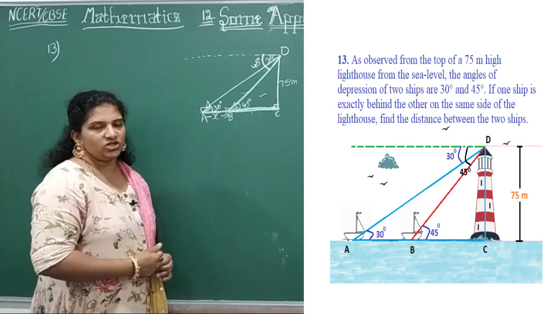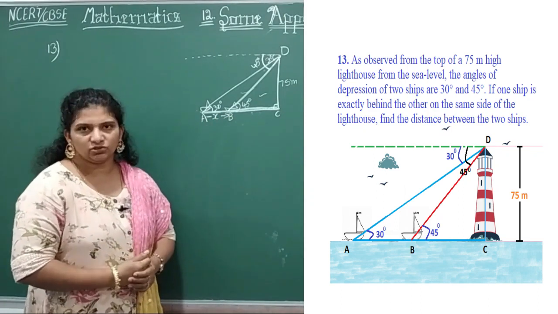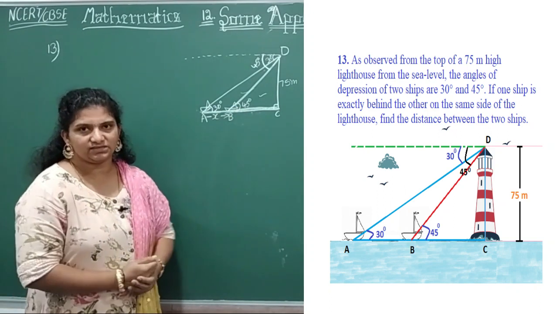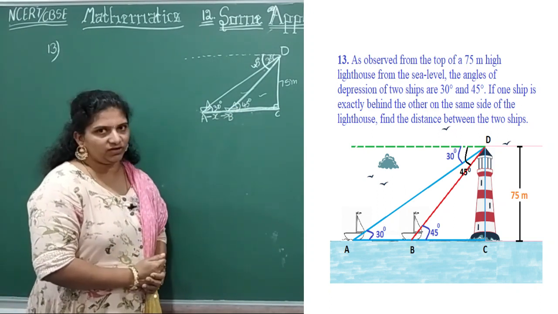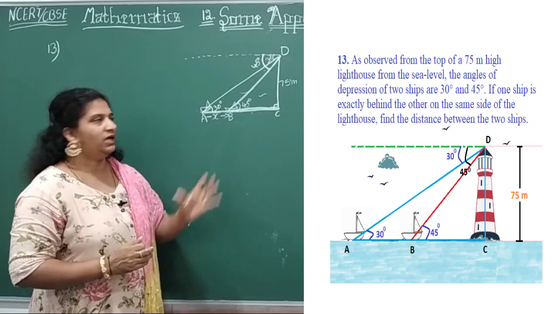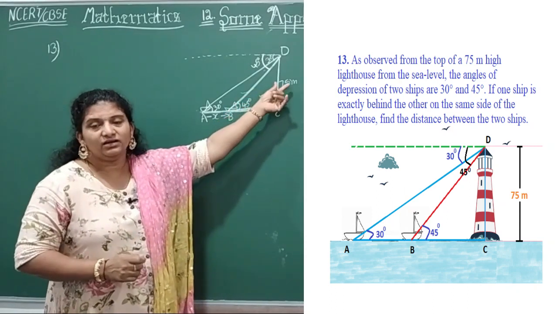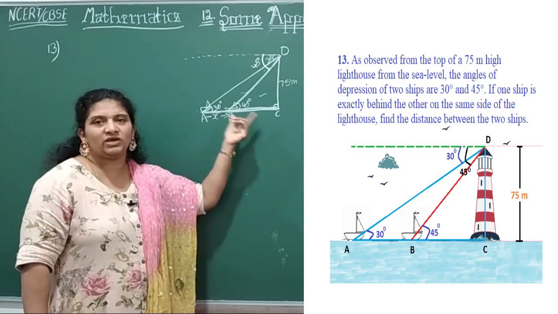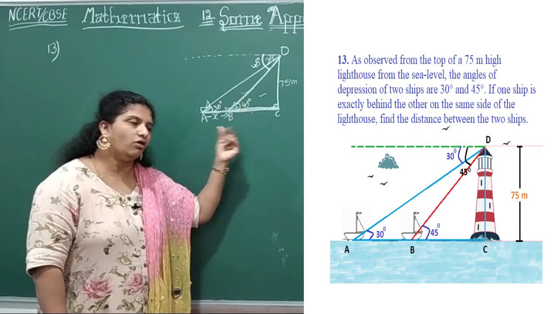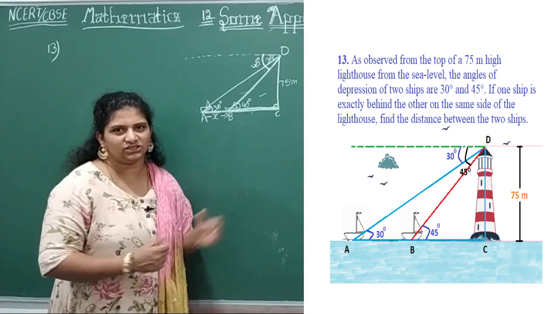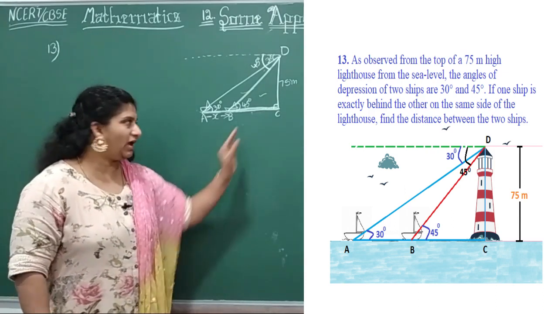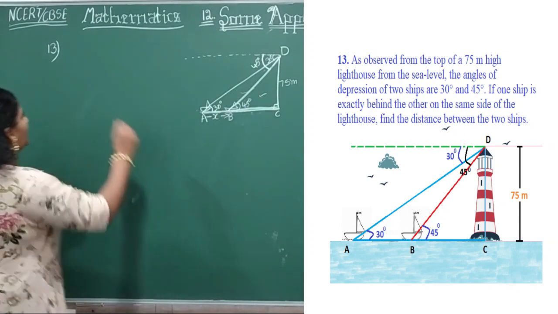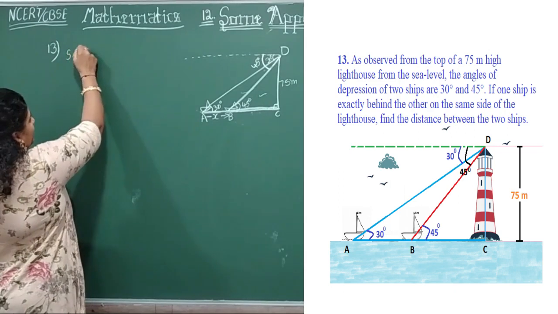Two ways you can do it, children. x and y also you can assume, or look here, angle 45 degrees. If you see any angle 45 degrees, immediately you can guess that its opposite value is its adjacent value. So no need of assuming y, directly you can write, or if you want you can assume as you wish, children. So now I don't want to assume anything here. So let me start the right angle triangle. Which right angle triangle here, children?